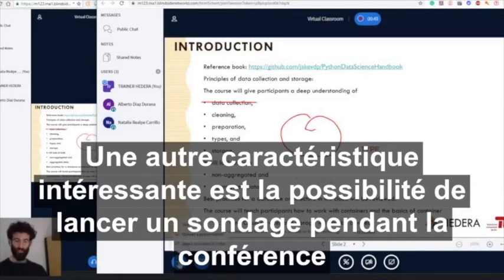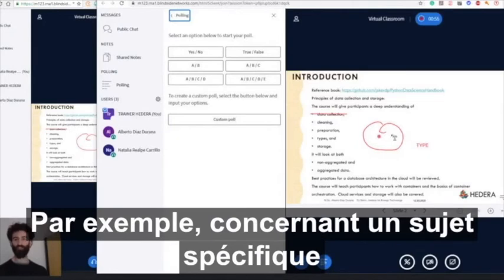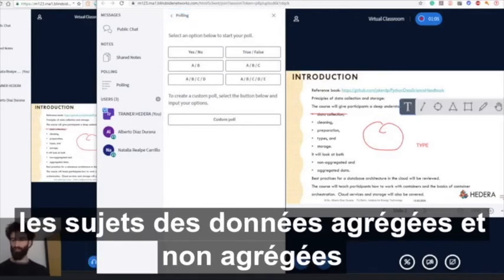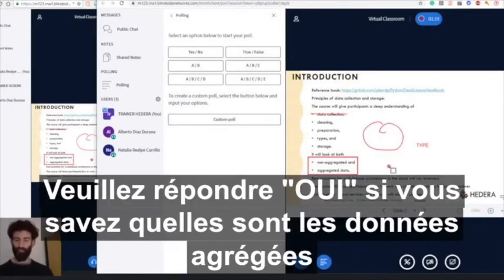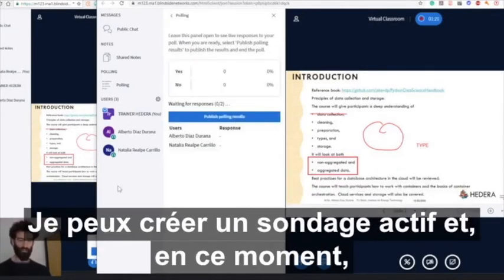Another interesting feature is the possibility to run polls during the presentation. For instance, related to a specific topic, I ask if everyone or anyone in the lecture is familiar with the concept of aggregated and non-aggregated data. And please answer yes for those that know what aggregated data is. I can create this poll,